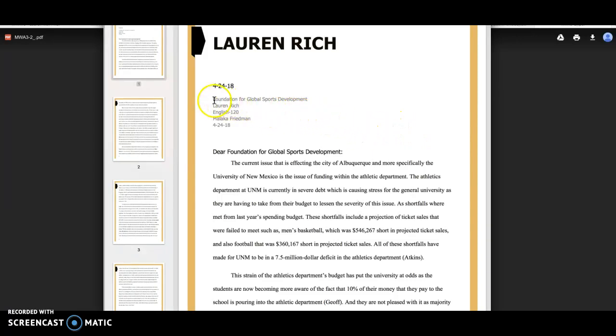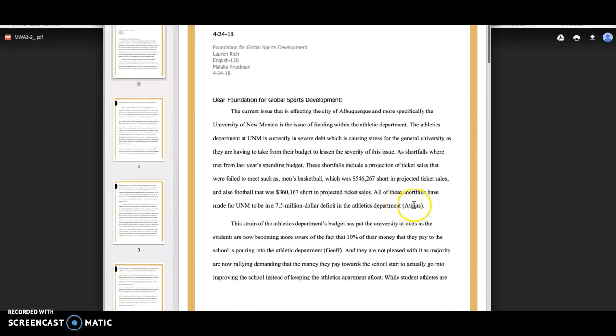And I also had forgotten to capitalize the whole funder's name. Through suggestion in the videos, I was told to capitalize all of that, and so I just went through and I changed that. And on this one I did do in-text citation, but I didn't have it in correct MLA format because I also had the year, so I just went back and got rid of that. So there's just the last name. And right here, before I had these as two separate sentences, so what I just did is I removed the comma and put the period, so then that would be correct.